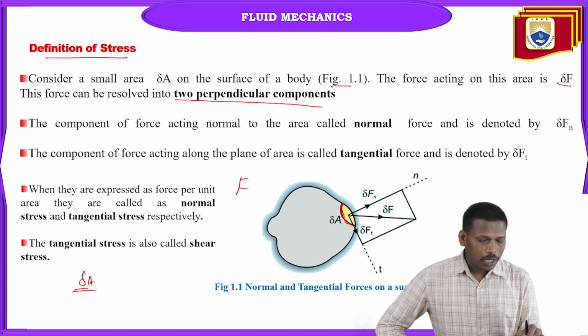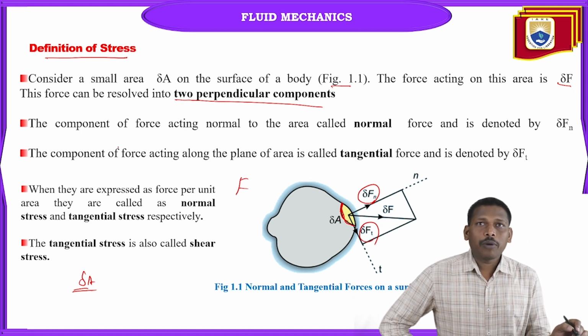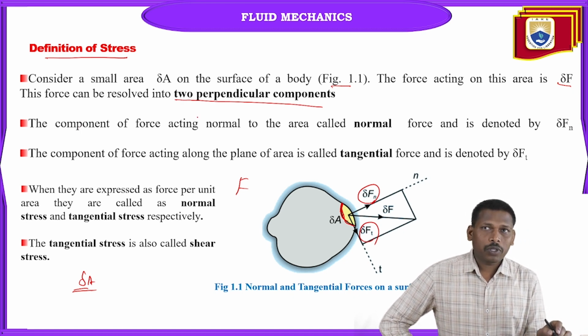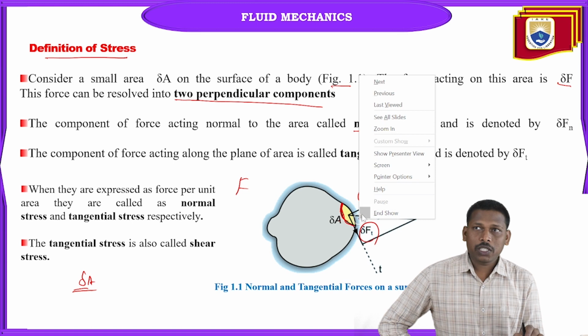So those are normal as well as tangential. The force is acting on this particular body and is resolved into two components, one normal and the other tangential. The component of force acting normal to the area is called the normal force. This one, which is acting normal to this area, is called the normal force and is denoted by